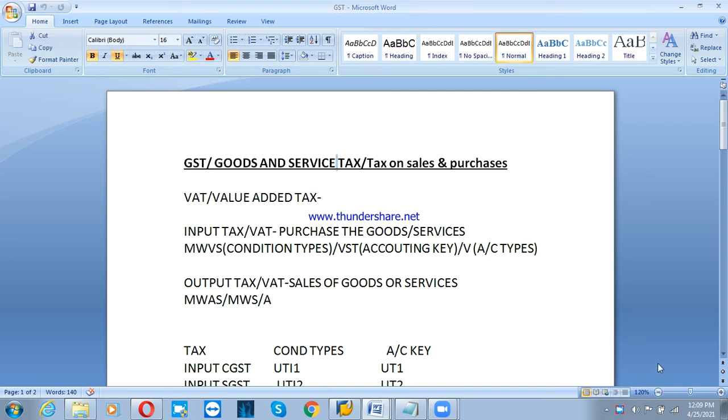Tax on sales and purchases. So in 2017 before, we were using VAT, value added tax. There is a separate tax percentage for different states, but now it has come up with GST, meaning